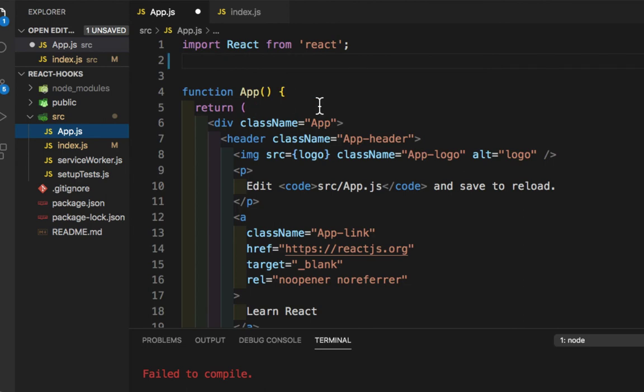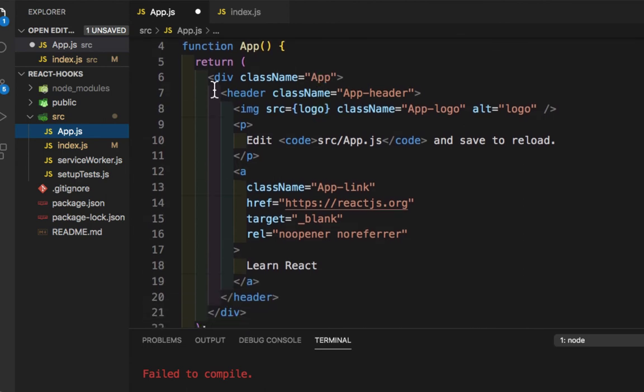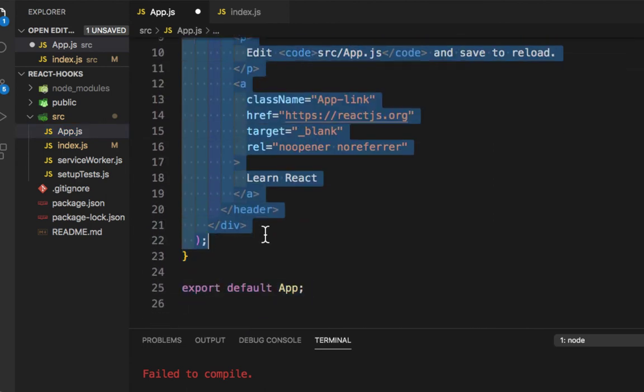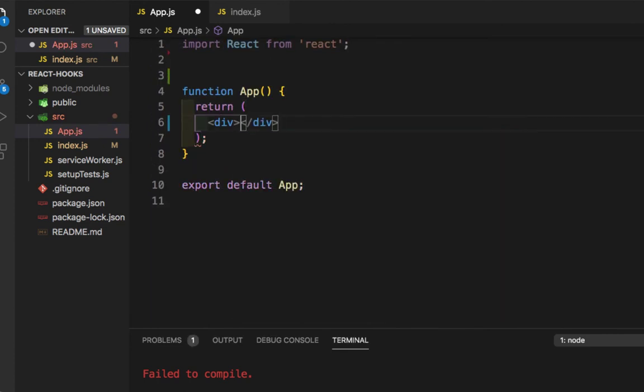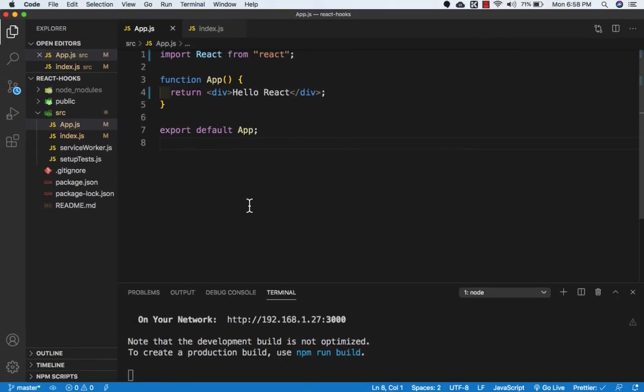So in App.js let's remove everything, and let's return a simple div with Hello React. Let's save this, and now let's check in the browser. Now as you can see, we have printed Hello React.